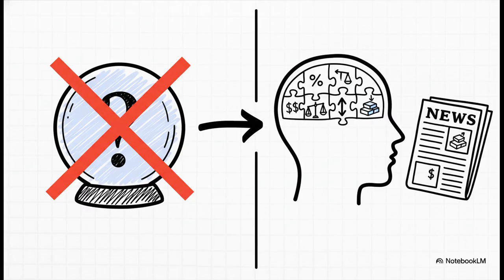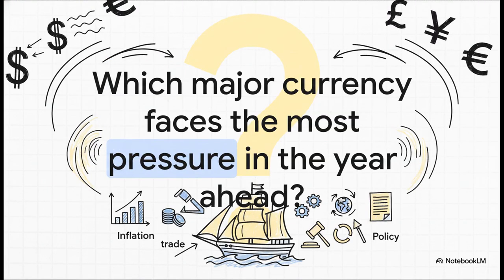Now, when you read a headline about a country raising interest rates, or you hear about its trade deficit getting wider, you'll have the mental framework to understand the real story that's unfolding for its currency. So, I'll leave you with a challenge. Thinking about those fundamental drivers we just talked about, inflation, interest rates, trade, and government policy, which major currency do you think is sailing into the strongest headwinds, or maybe the strongest tailwinds over the next year? The tools to start figuring that out are no longer just theory. They're your new lens on the global economy.